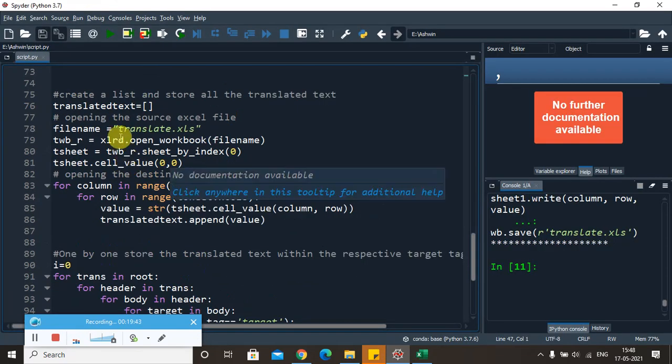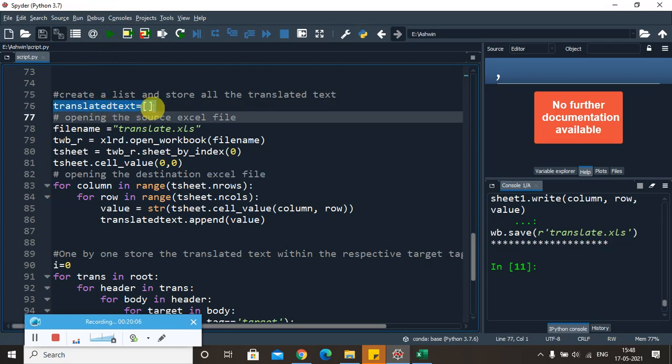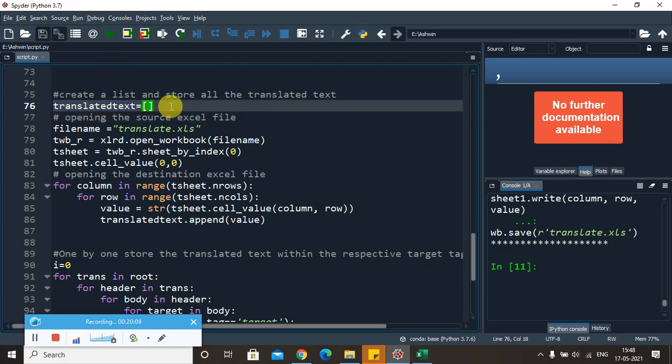First of all, I created a list and started storing all the translatable text in that. Then I made use of a certain mechanism wherein I took each and every value from the list based on the index value and tried to put it into the target tag. Let us see how I did that. First of all, I need to create an empty list here, which is going to store all the translated text. I labeled the file as translate.xls.